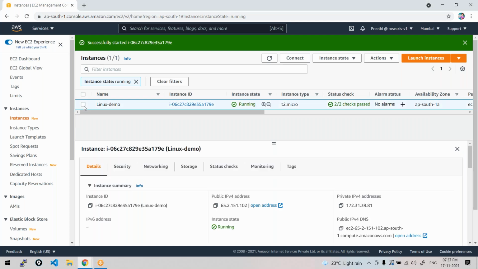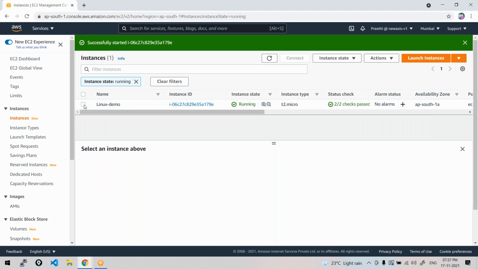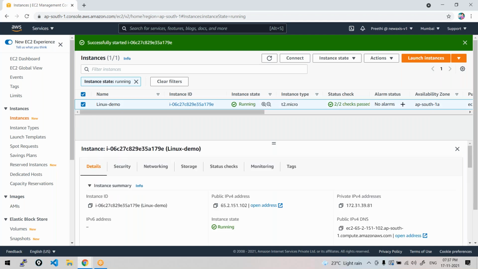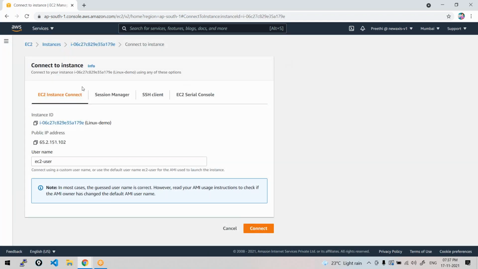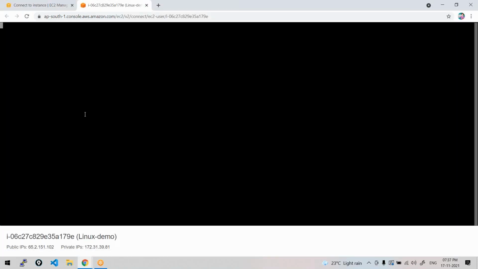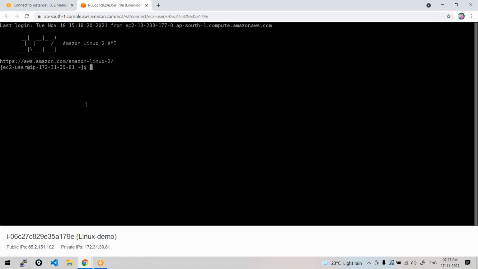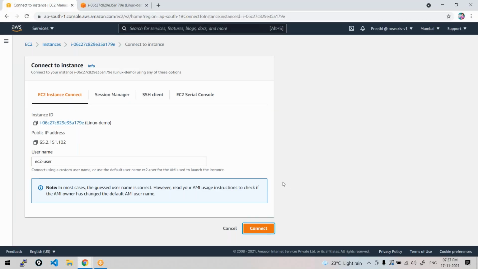In the last class, I showed you one method. Once your virtual machine is created, select the instance here, and then click on Connect. You will see EC2 Instance Connect, a browser-based connection here. This is one of the quick methods to connect. But rather than this, there are other effective methods to connect to our instance. Let us go through them as well.